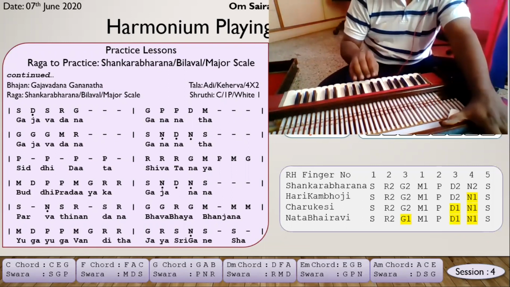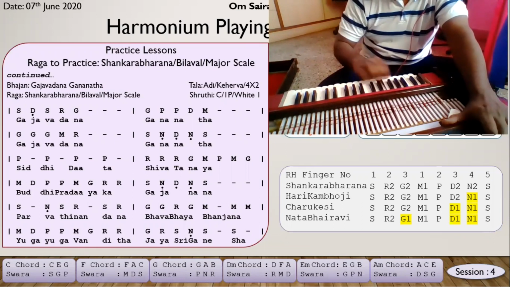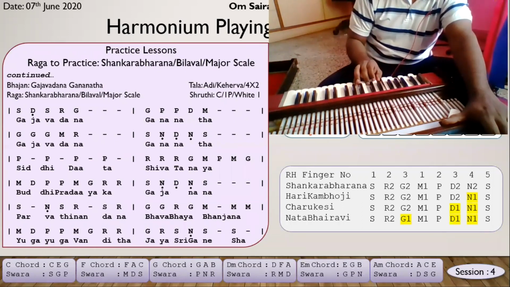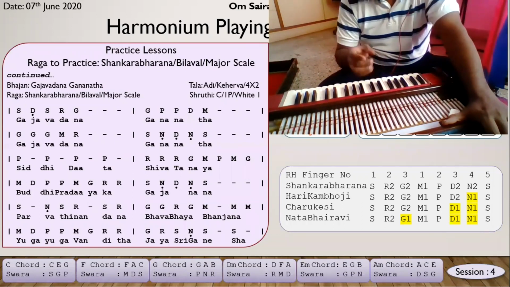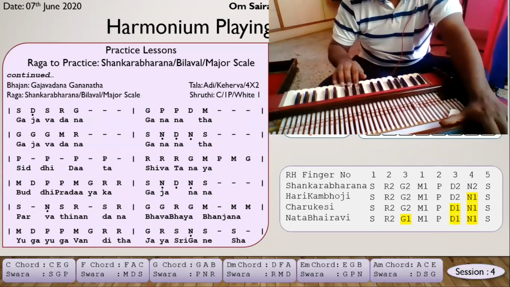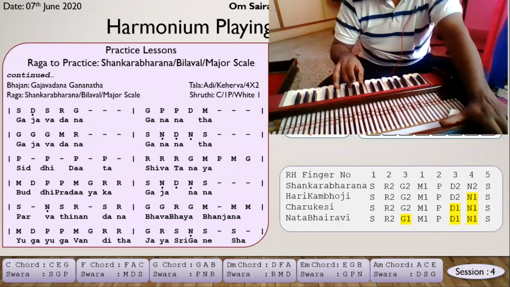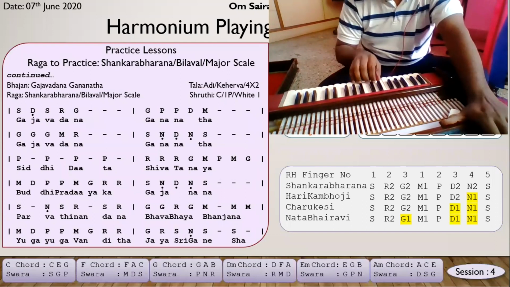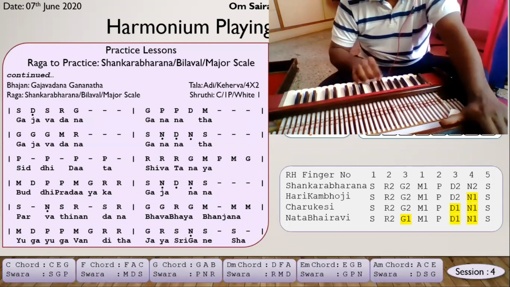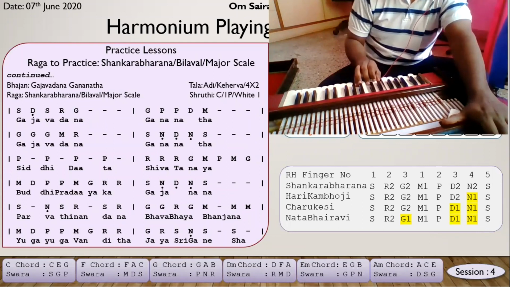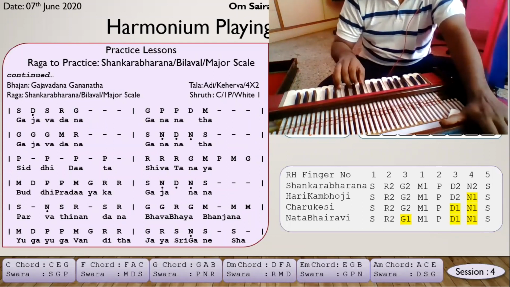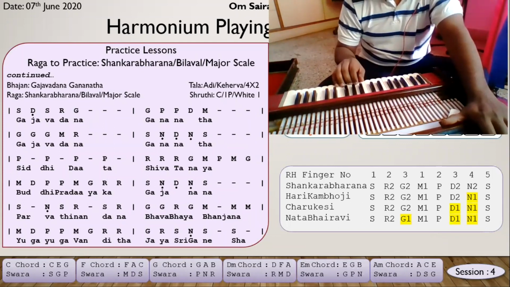If I'm not singing, I'll just play with only the harmonium. Okay, this is the first part. Next there's another chord you can use. Then you're using the F chord. So you're playing another chord then. Okay, so you're ending. I'll play the whole line again. Immediately you have to play the chord. You should not wait for a note.